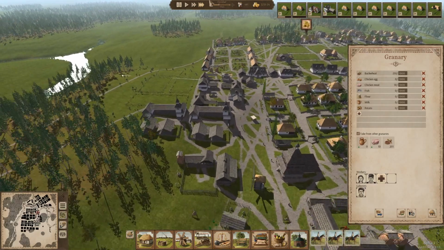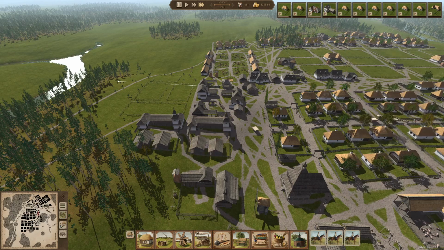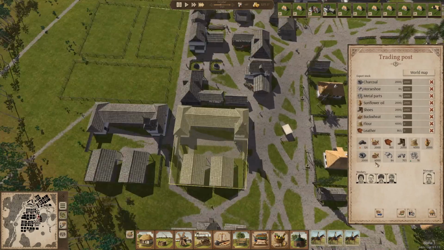I think the time of year is definitely important. So yeah, we've got sunflower oil and shoes. Horseshoes we've got a little bit of, and we'll just see what we sell. We've got 3,300 in the bank, and we've just traded for a load of food, and we've asked,